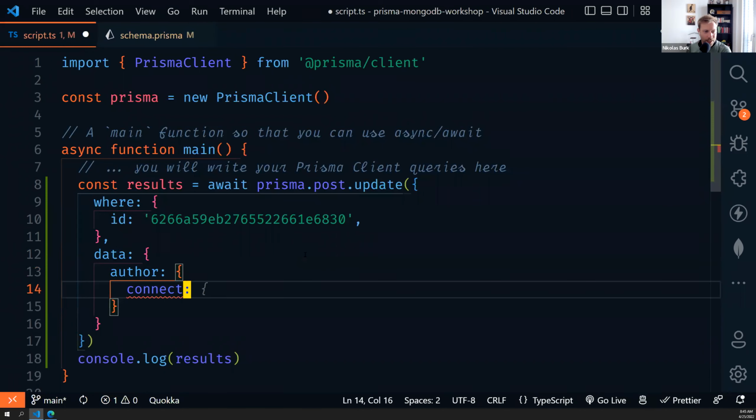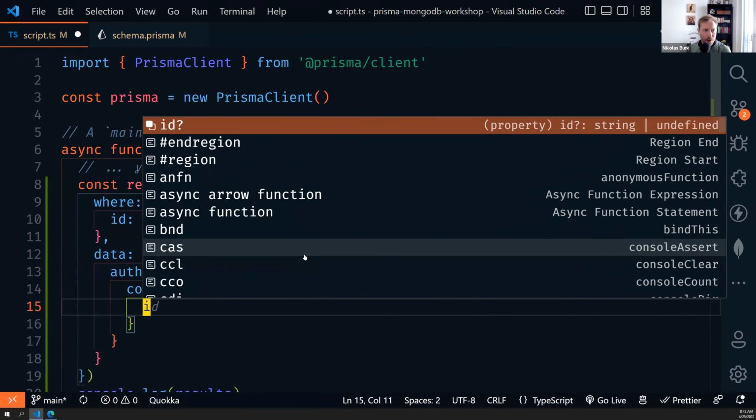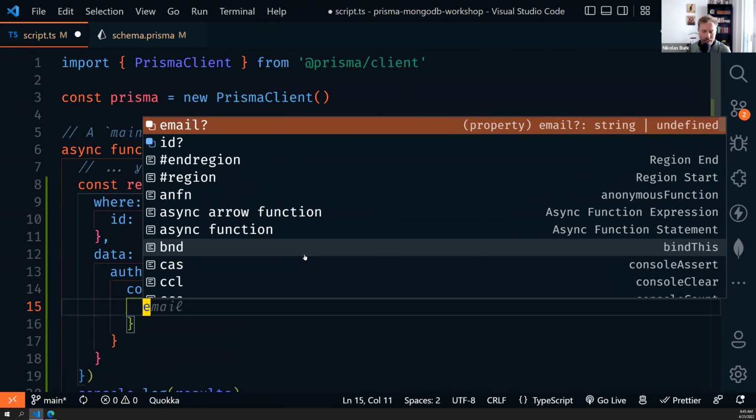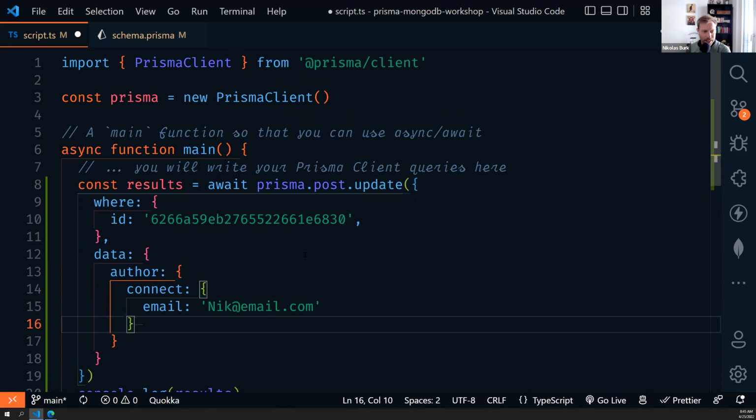So you hit connect. This means that you're now connecting it to a user document. You can do that either with an ID or with an email, because you can use any field that's unique and allows Prisma to uniquely identify a document here. So you can add me, the user that you already created there. All right, so if you run this again,